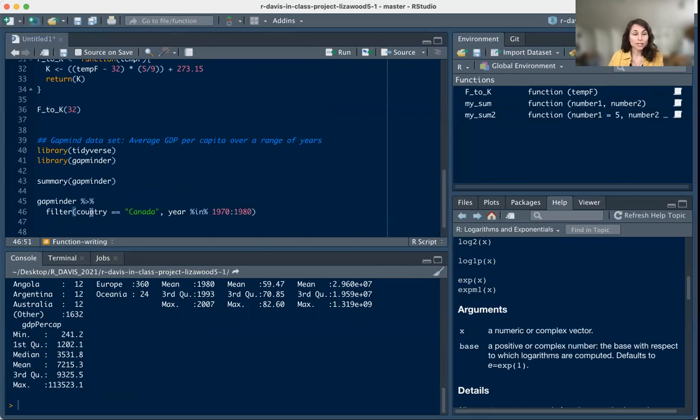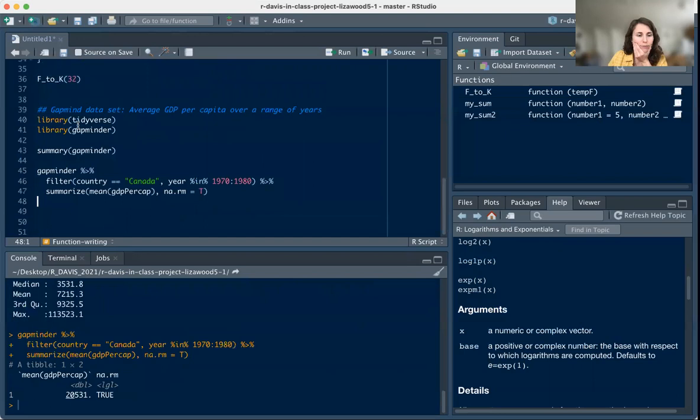And so now we've filtered our data to the country of Canada and this range of years, and then we might want to just summarize, mean, and take our GDP per capita value. And I'm not quite sure if there are NAs in this data, so I'll just go ahead and put NA.rm equals true to be safe. And if we run this line of code, great, our output is